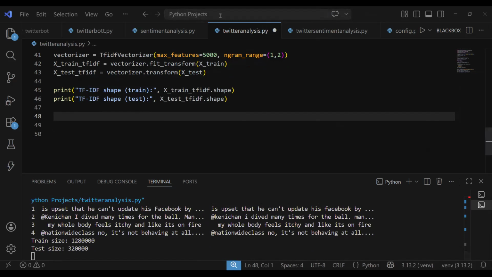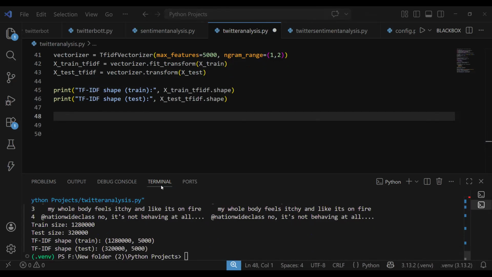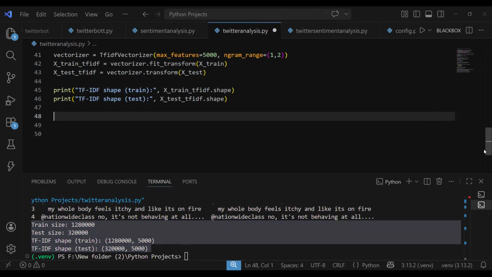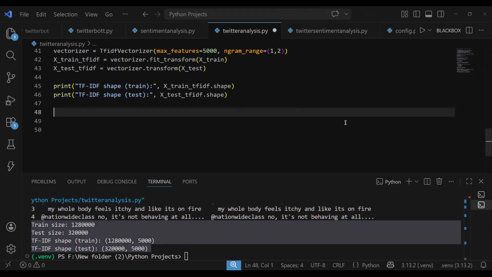Let's take a bit of time. So here it is, TF-IDF shape train test, and perform factorization. And now let's perform train